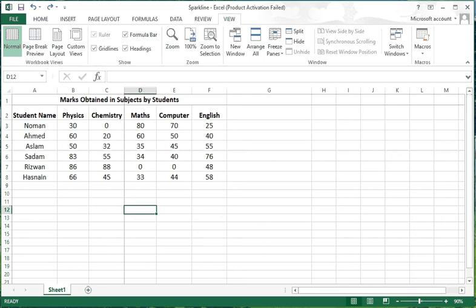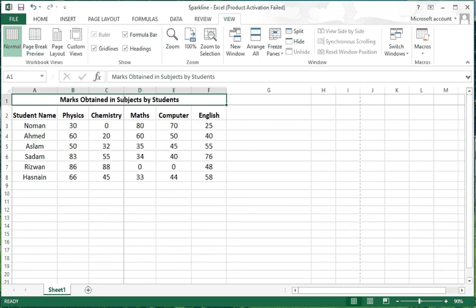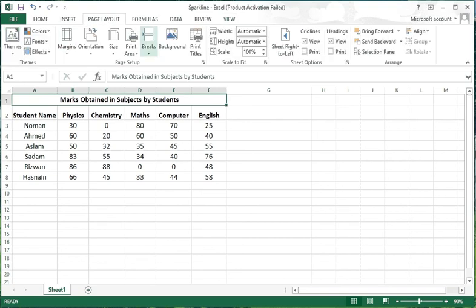Now I can remove this one. For removing it, just go to Page Layout, then Breaks, and Reset All Page Breaks. Now the breaking line has been removed and no longer appears on this page layout.